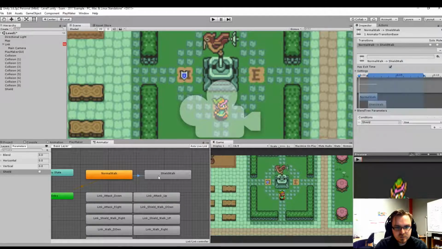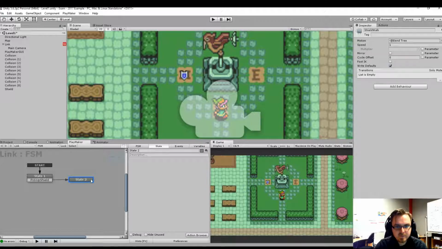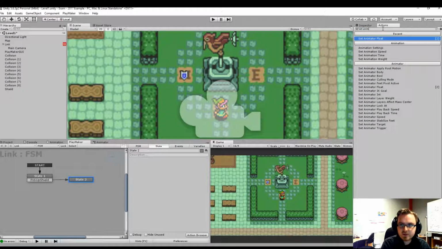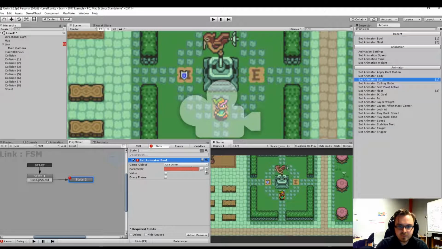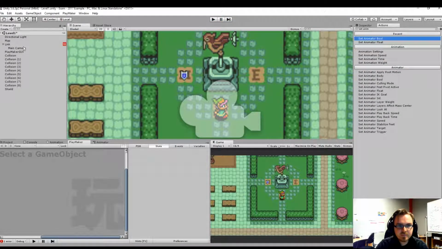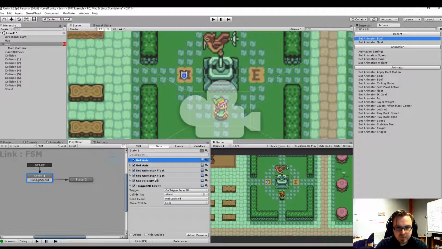So now we want to feed it the information that it can go to the next one. So we're going to go to our Playmaker. And the first thing we're going to do is set the animator boolean shield. If you notice that sometimes if you click here and it doesn't show up, just play the game once, quit out, and now you should see it listed. It just needs to refresh. I'm going to set that value to true every frame. And what we can literally do is grab all of the other code that we put before